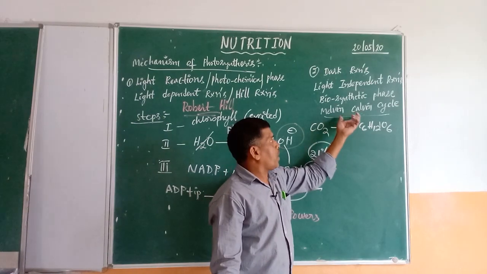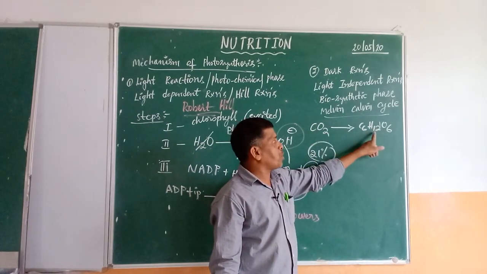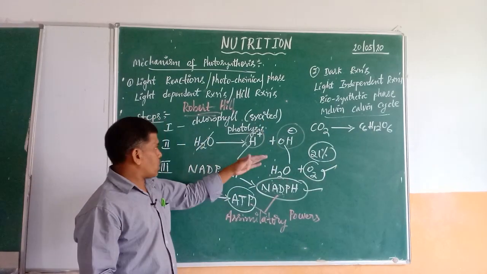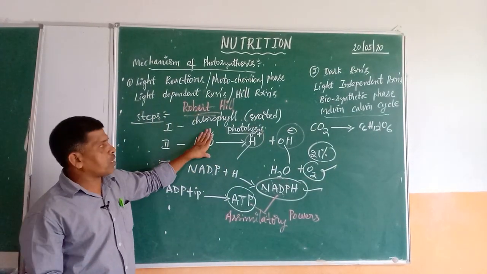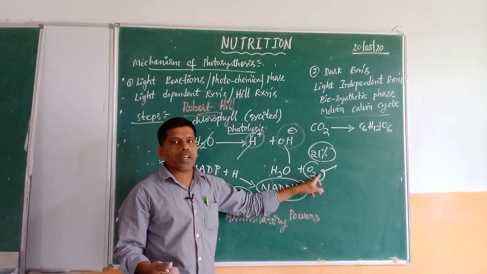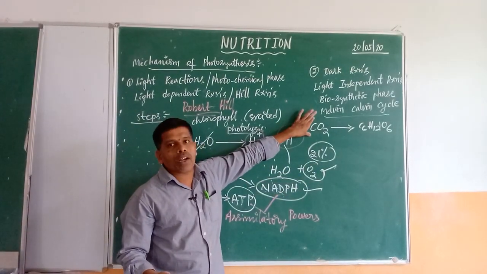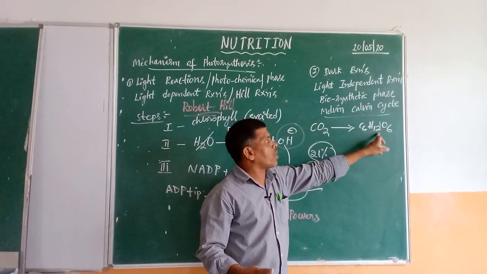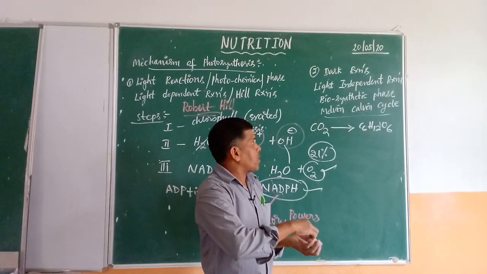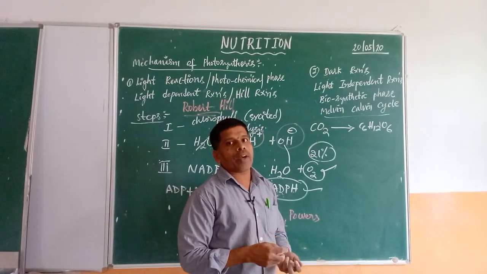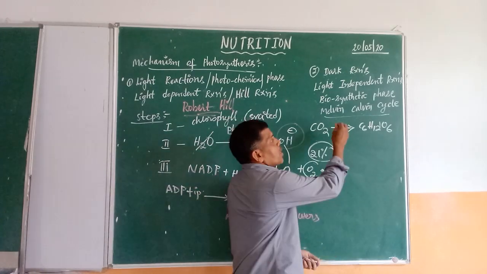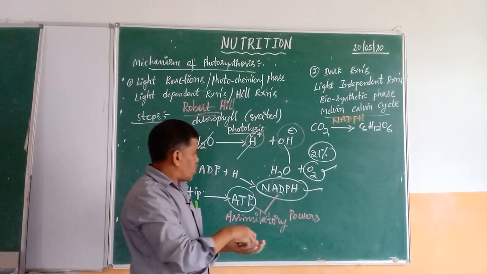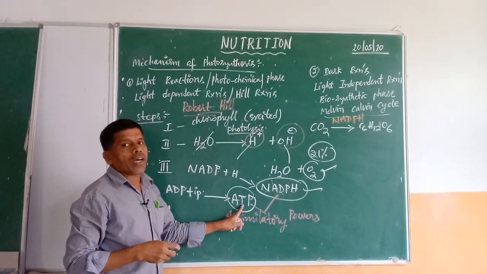Now here, how is the carbon dioxide getting converted into glucose molecule? That is what we are going to see here. First step: already in the light reactions, water is being broken down and oxygen is released. Now one more raw material is left over, that is carbon dioxide. So how is this carbon dioxide getting converted into glucose molecule? The carbon dioxide molecule, an inorganic substance, is utilizing the two assimilatory powers which are produced at the end of the light reaction.